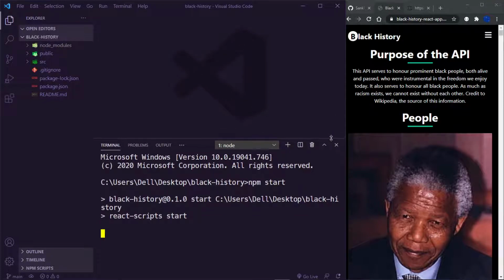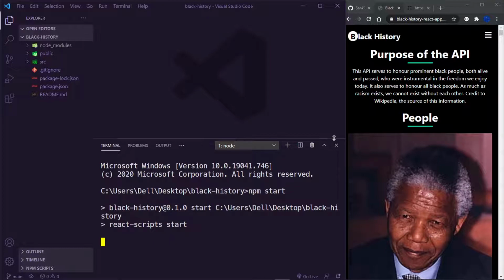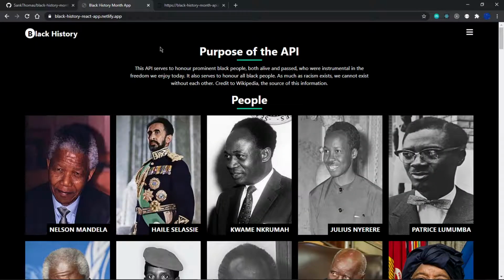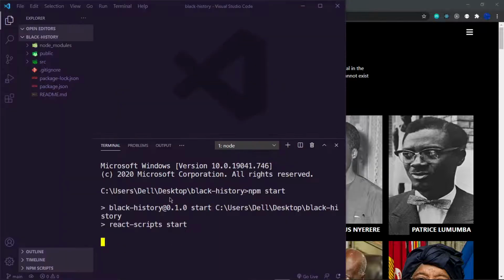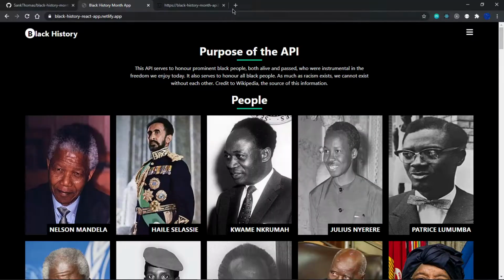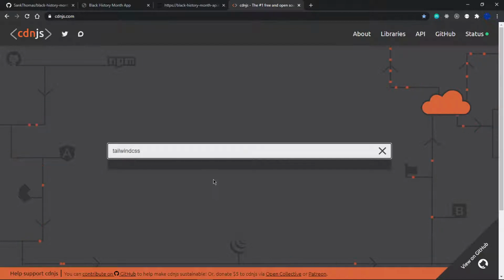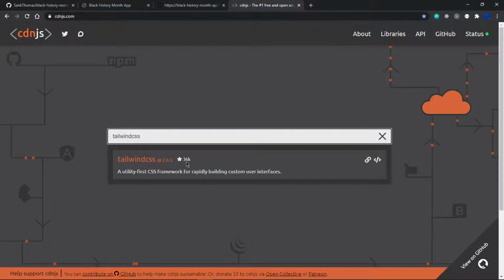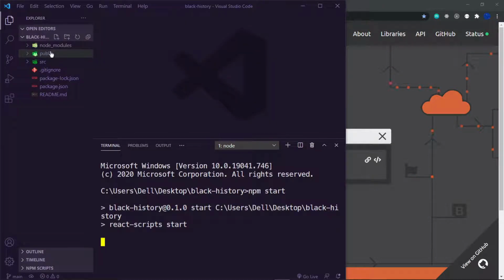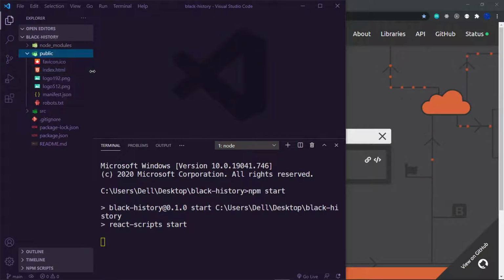Oh, I've remembered something. I wanted to use Tailwind CSS. Now, the usual way that I use Tailwind when building out such applications is I install it using npm, but I don't really feel like waiting for all those commands to run. So I'm going to use the CDN instead, and I'm going to get into cdnjs.com, and I'm going to search for Tailwind CSS right there, and I'm going to copy the link tag, and I'm going to go inside my public folder, and